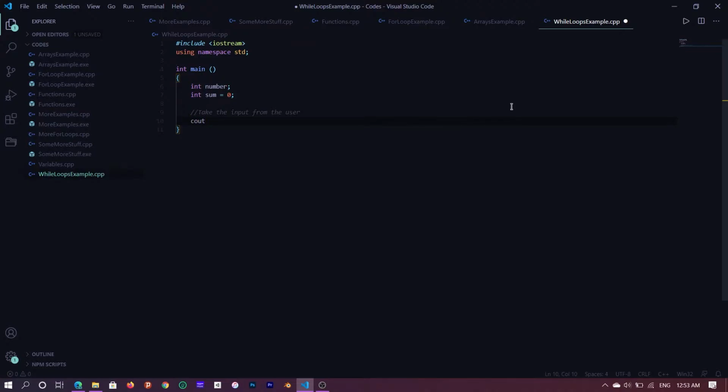To do that, cout, the operator, and I'll write "enter a number", space it out properly, cin number. Let's continue. See, it instantly recognizes the keyword while. So now, while the number is greater than or equal to 0,